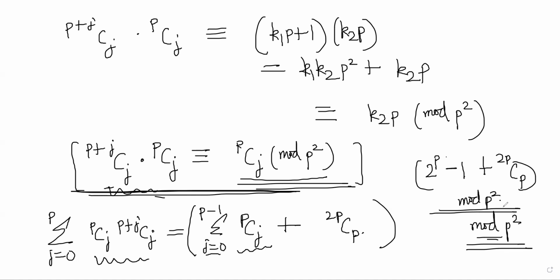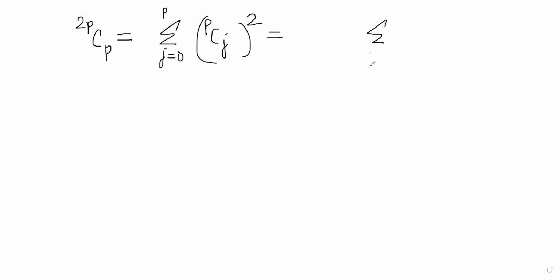When you do mod p square here, what is 2pCp mod p square? 2pCp is equal to the sum of j goes from 0 to p of (pCj) whole square. This is the standard identity. So this can be written as the sum of j goes from 1 to p minus 1 of (pCj) whole square,